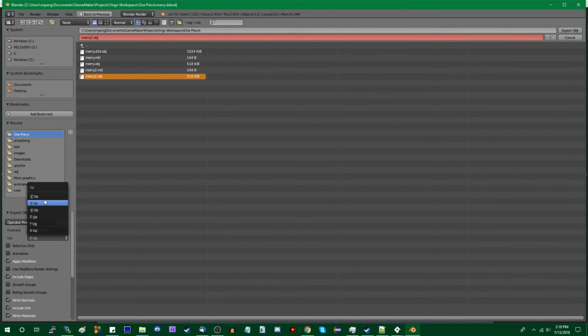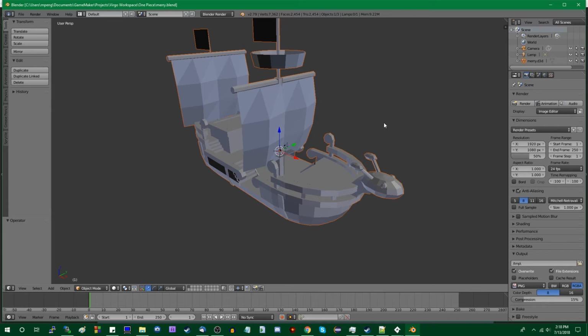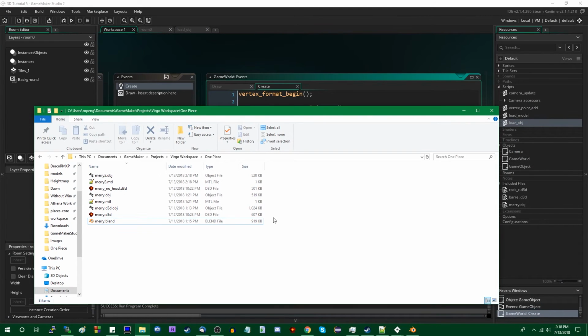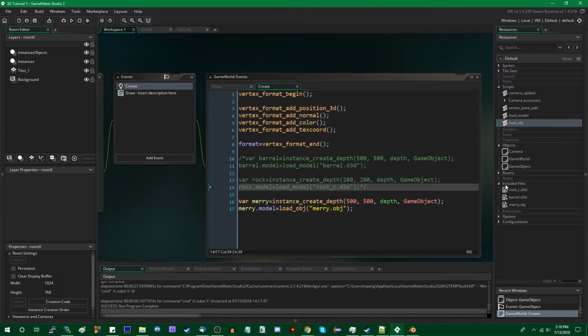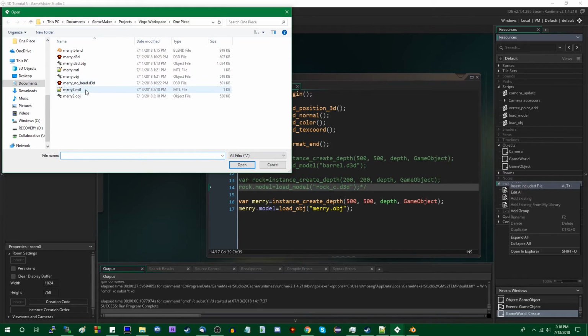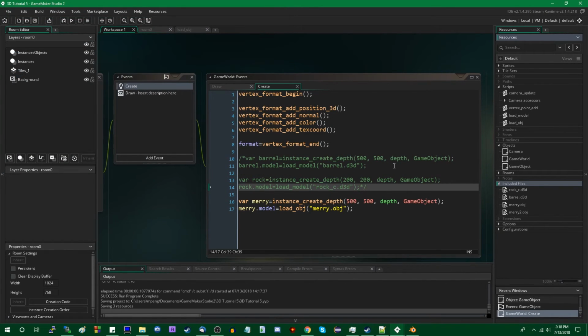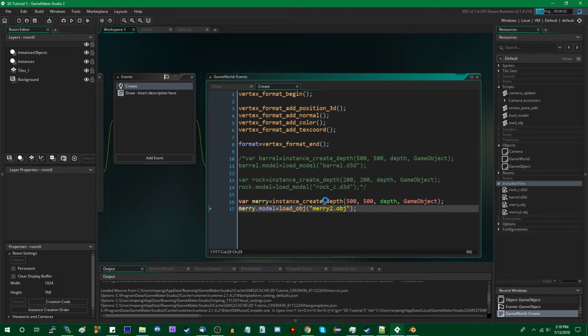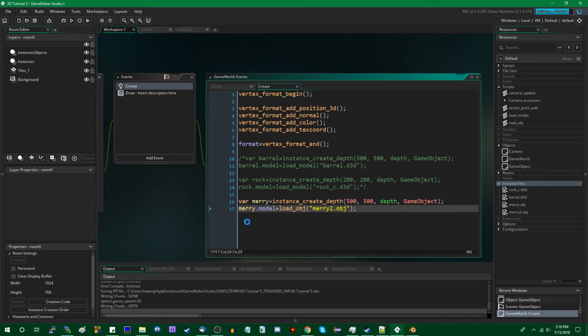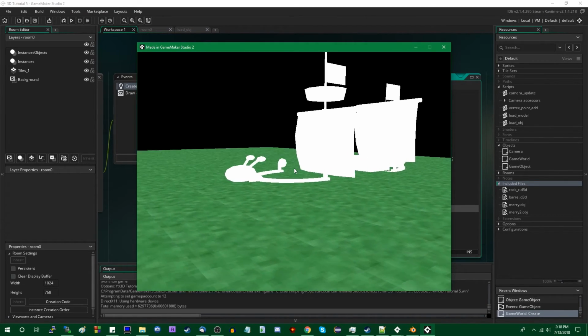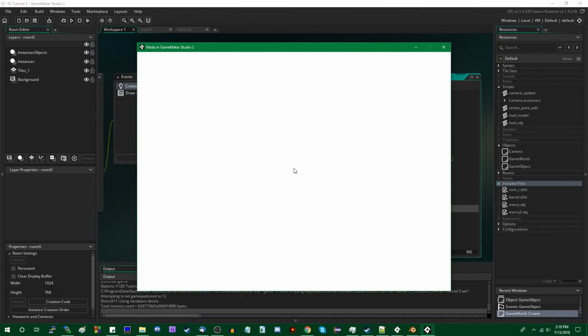But the point is, I'm just going to leave it at Z. I'm going to make it Z negative right now. You can make it Z positive if you want. I'm going to leave it at negative X forward and export Mary2. And I'm going to go back into included files, insert this, and load object Mary2. And now it's looking correct.